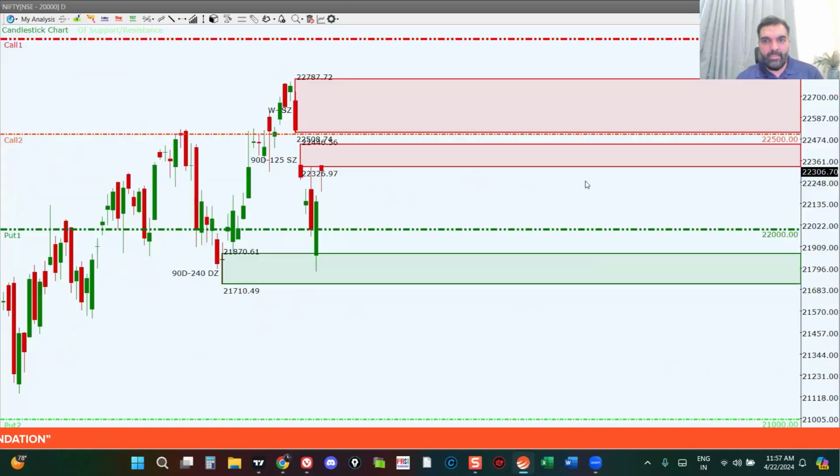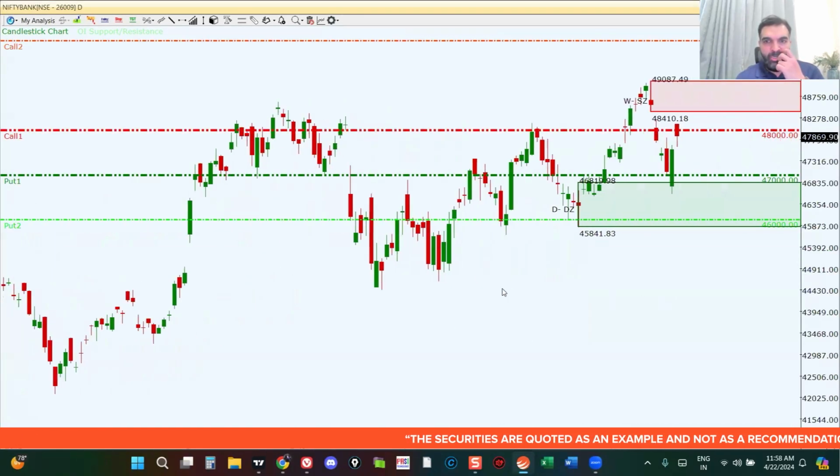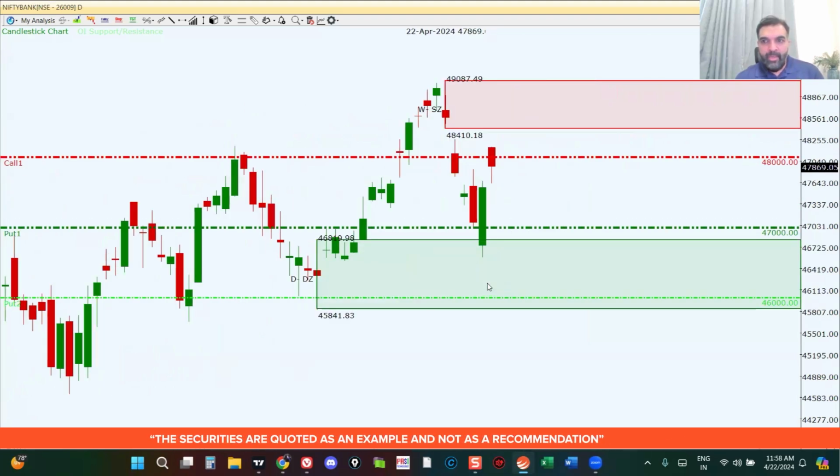If you look at the open interest levels on Bank Nifty, let's plot the chart along with the open interest levels. So currently 48,000 is the level where we are seeing the highest open interest. And you can see today, after the markets went just a tad above this 48,000 odd level, we could see some selling coming in. So 48,000 is going to be acting as a strong resistance, and 47,000 could be acting as a strong support. So we might expect to see Bank Nifty ranging between 47,000 and 48,000 for this week.